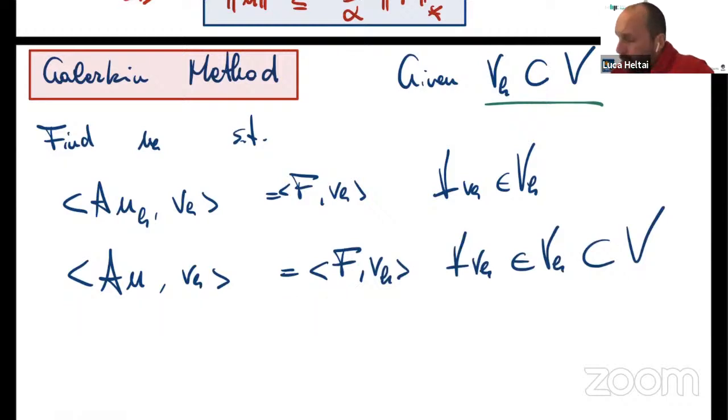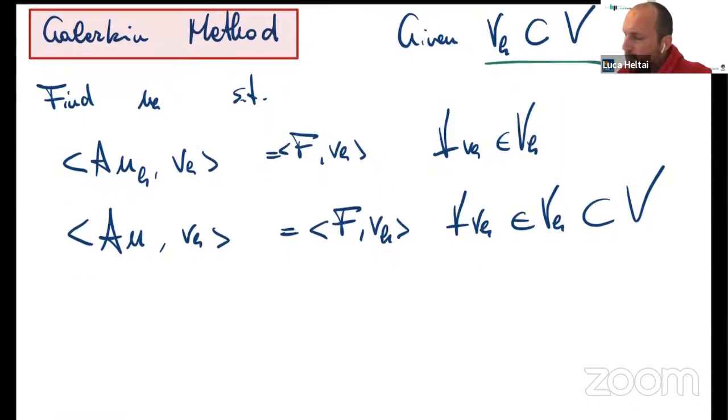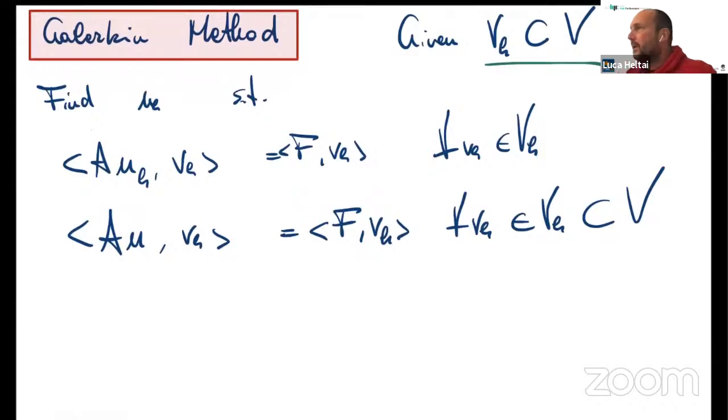Now the difference between the two is that this comes from an infinite dimensional problem, while this comes from a finite dimensional problem. And now the idea is, thanks to the way that we framed the problem in terms of finite dimensional subspaces and in terms of variational formulations,